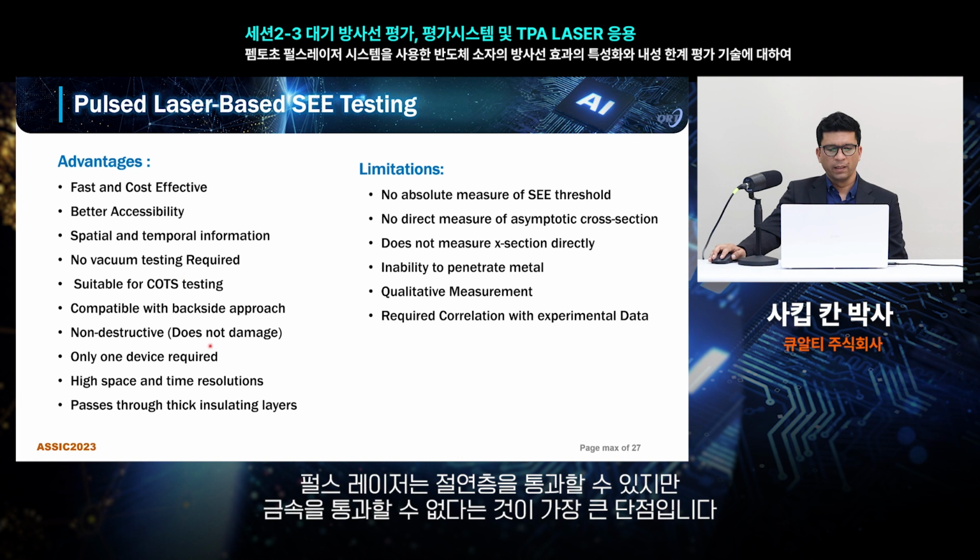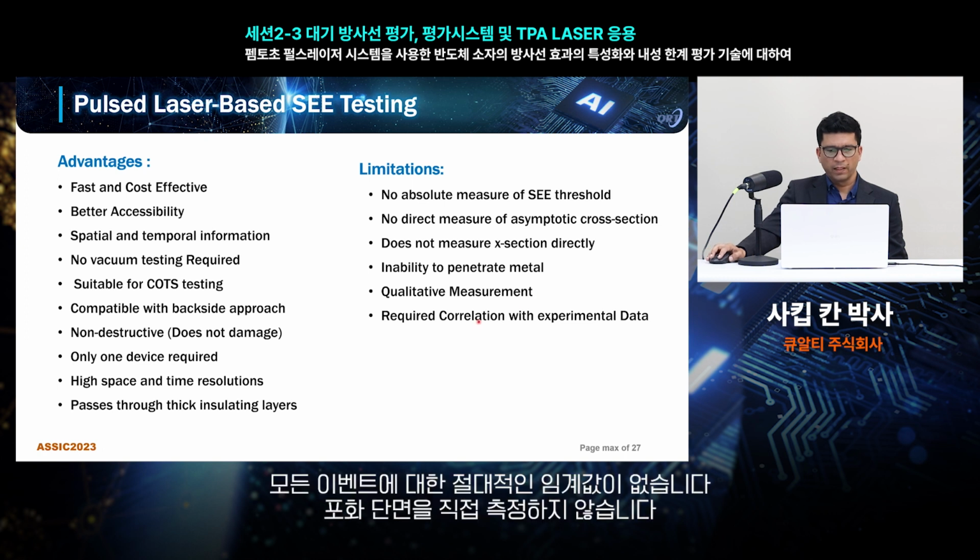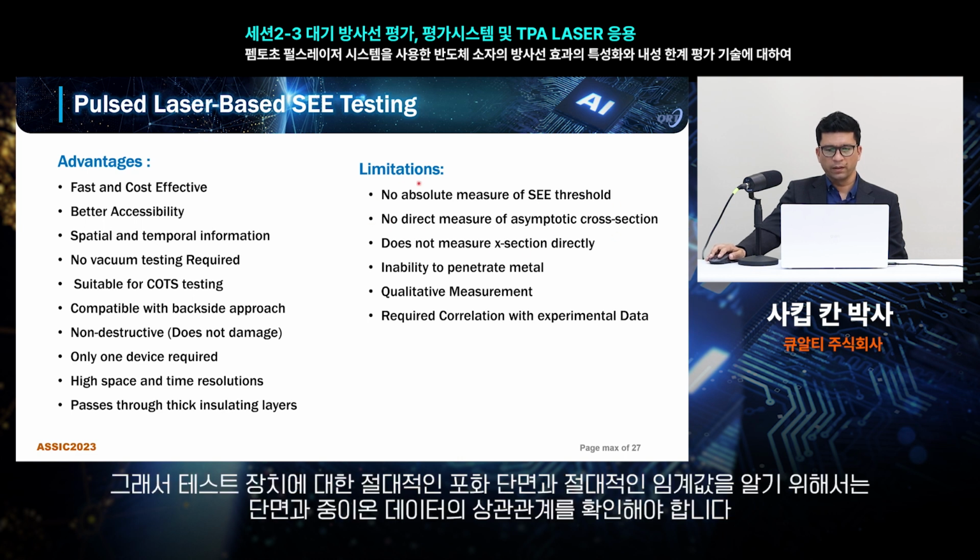The pulse laser can pass through the insulating layers, but it cannot pass through the metal, which is one of the biggest drawbacks: its inability to penetrate through the metal. There's no absolute measure of the threshold for any event, no direct measure of the saturation cross-section, and the cross-section has to be correlated with the heavy ion data in order to find the absolute saturation cross-section and absolute threshold value